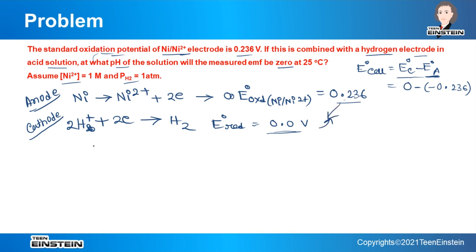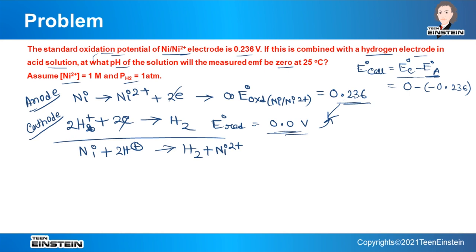Okay, so finally if you are adding these two equations, you will get nickel plus 2H plus, electrons cancelled, and on the right hand side hydrogen and nickel 2 plus, and E naught of this cell will be simply the sum of these two values, which is nothing but 0.236. Now we will write the Nernst equation. So the Nernst equation will be E cell equals E naught cell minus